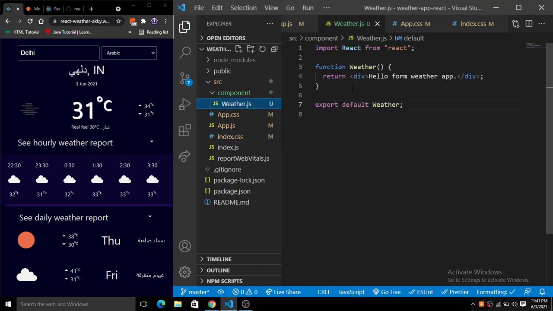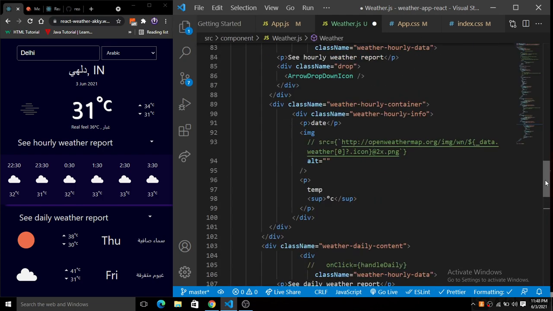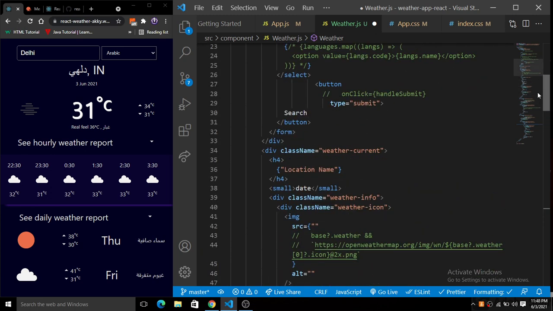So here inside of this weather.js, I will just paste the whole UI that I have already created and push the whole thing on our GitHub. So you guys will get the GitHub repository also in the description. So if you have any issue with the code for the UI, you can simply get a reference from the GitHub source code. So let's put that thing here. So we have pasted the basic UI.